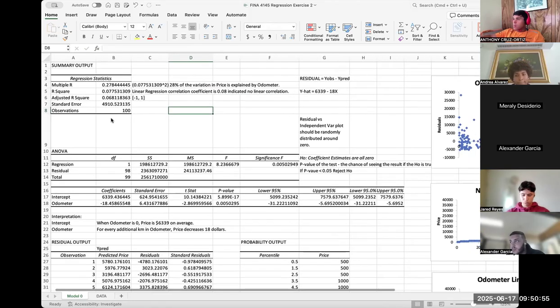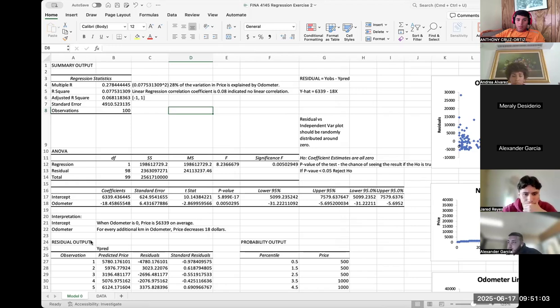All right, do I have you guys with model 0? We haven't even started with the other models. So let's do a few before we go. You guys can work on it today.